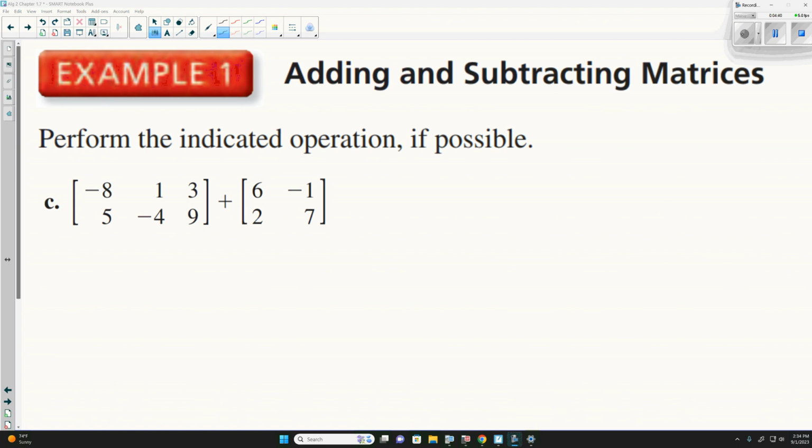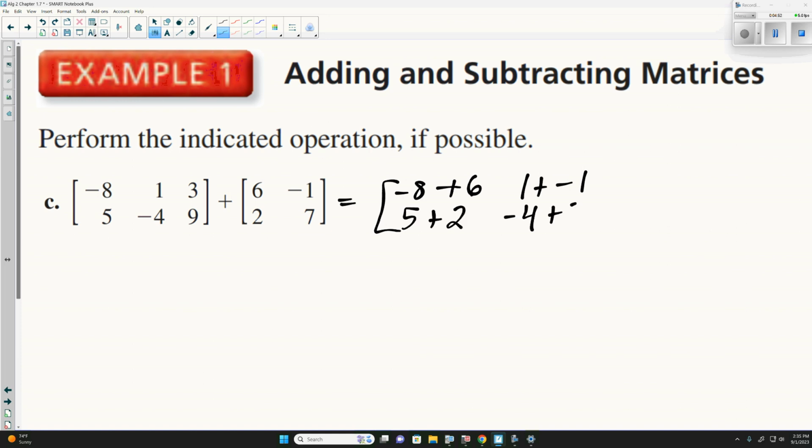All right, so let's look at this here. So we'd have -8 plus 6, 1 plus -1, 5 plus 2, -4 plus 7. Yes? I don't know if it's plus. Oh. Plus in the middle. And then what? 3 plus 9? Wait. So, -8 plus 6. 1